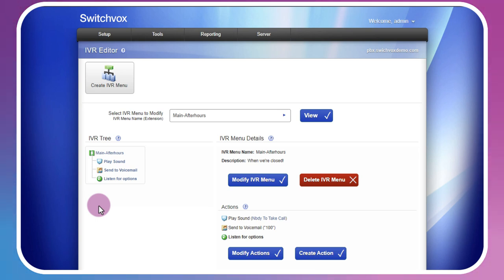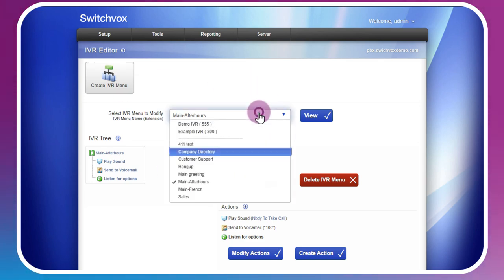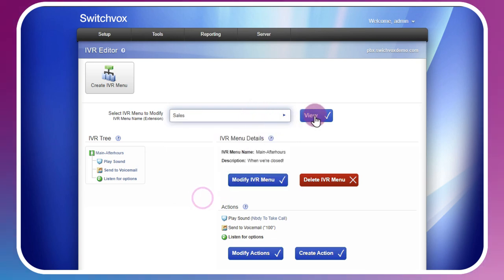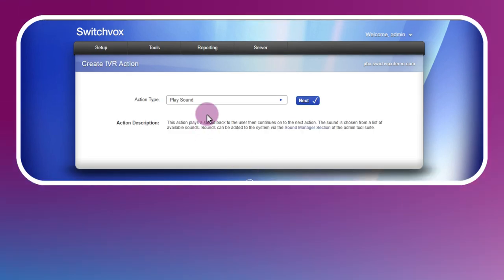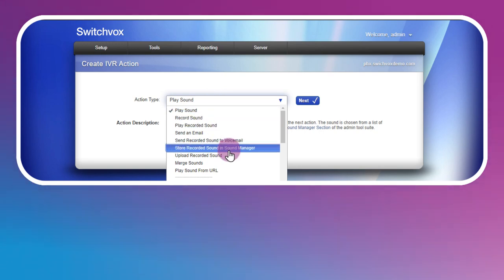There's an easy solution to this problem by using the modify caller ID action by setting a ring hint. So from the sales IVR, we're going to create an action here. We're going to select alter caller ID.